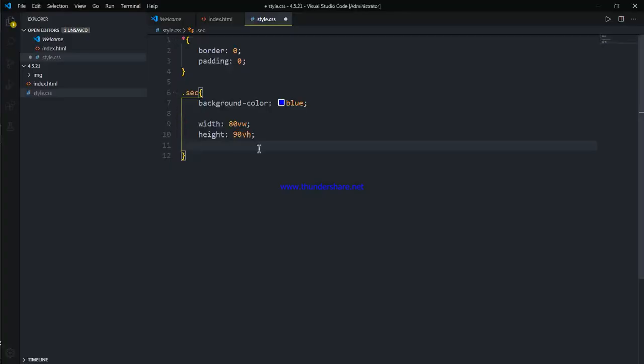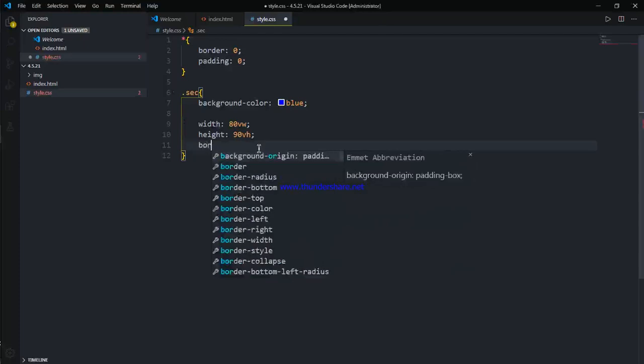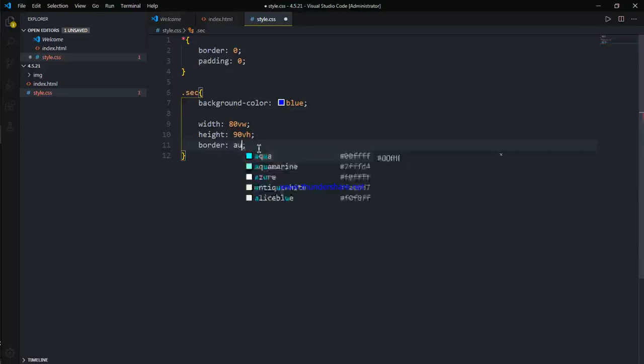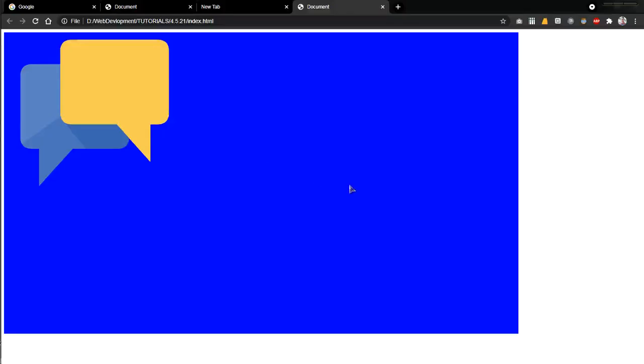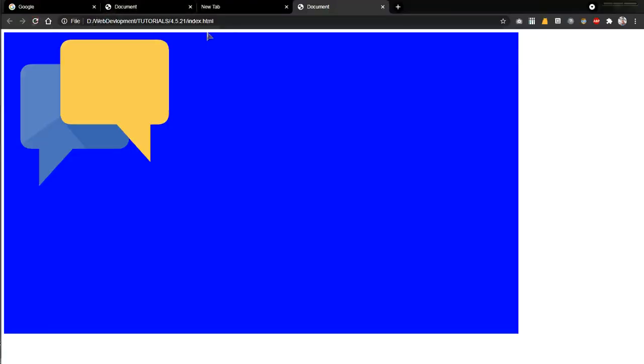We can just give it a margin auto, so it will give it a margin automatically. Didn't it save?